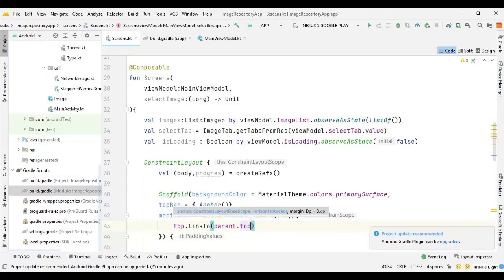After this we need the bottom bar, so for that we need another dependency for the bottom bar paddings and height, and to provide window insets, which you will see later. It's called the accompanist insets dependency. You can find more information in the link given in the resources. So let's declare the dependency.